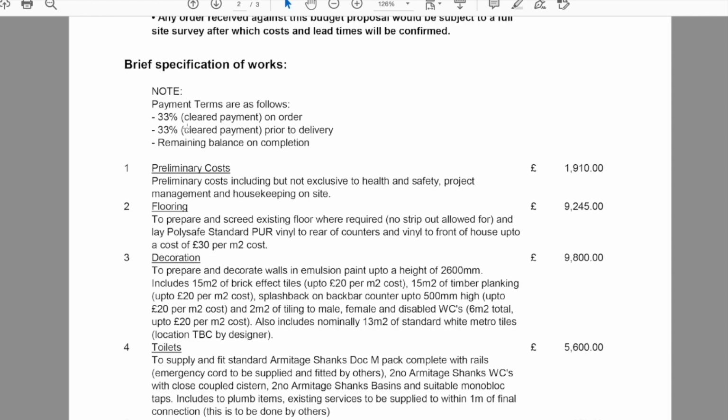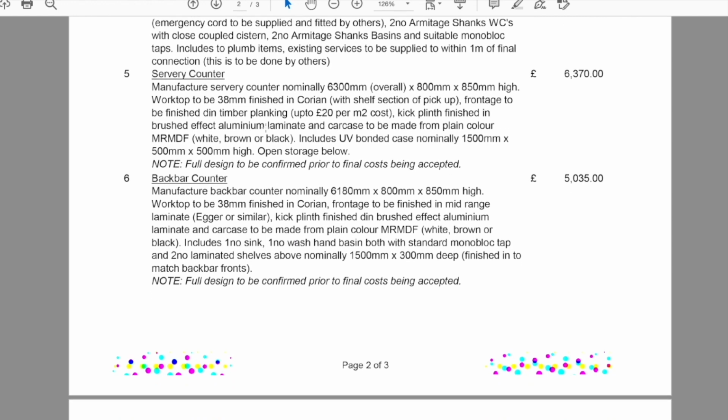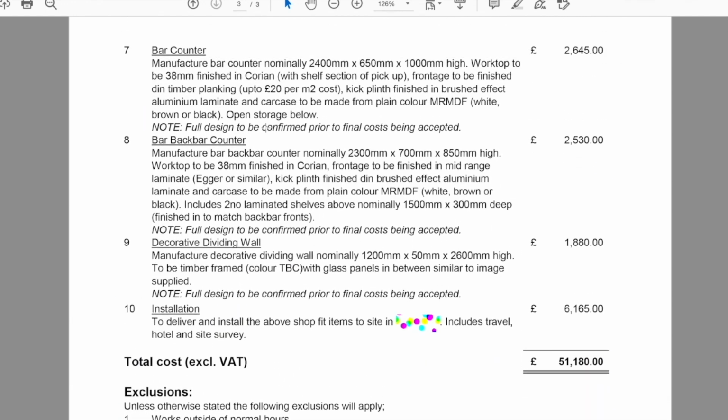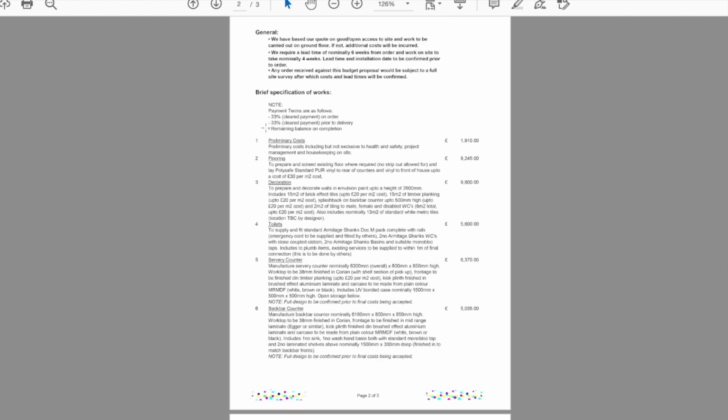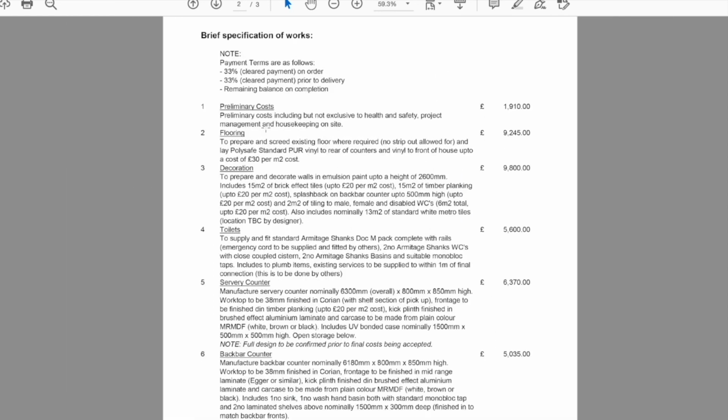This one's more broken down because obviously between placing an order and actually completing the project, there's a lot going on. So they are breaking down their costs a little bit more. So all the items are numbered. We don't have that many, to be honest. This quote is quite short, I'd say, for a contractor quote,